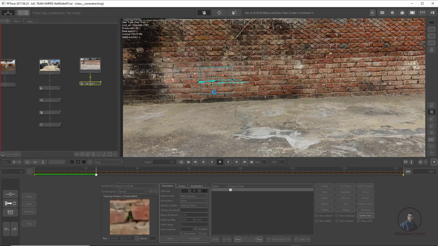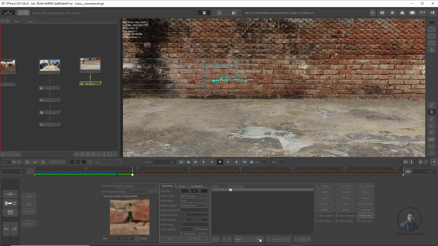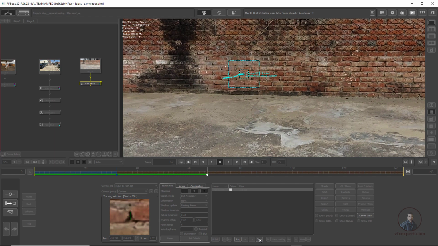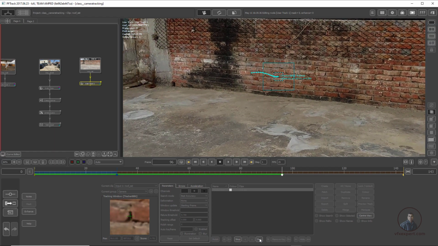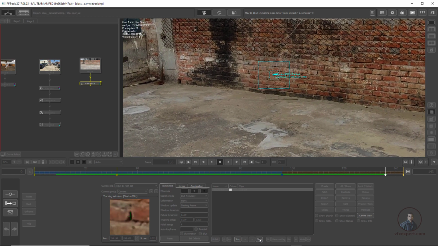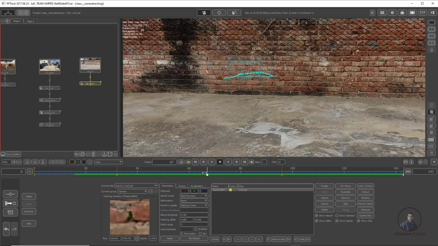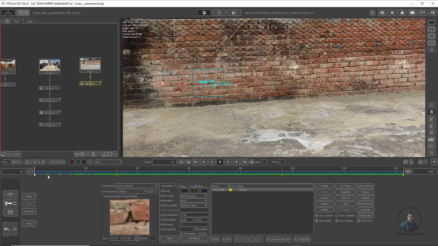Now you can see, you can also focus it here. It has stopped by default, because if there is any change in the pixels, it will automatically stop. Then again simply click on forward track. Now I have tracked the first point successfully. In the same way, for the entire timeline, we have to track a minimum of 6 to 8 trackers.